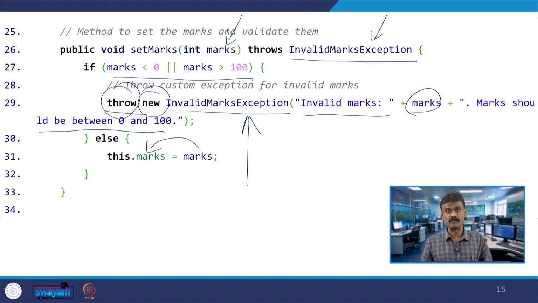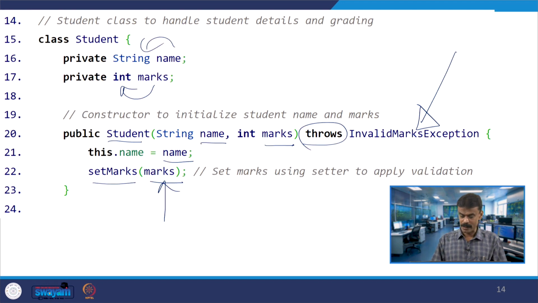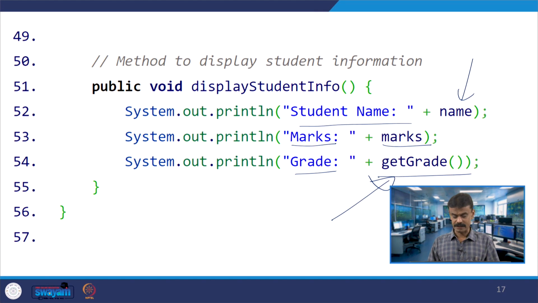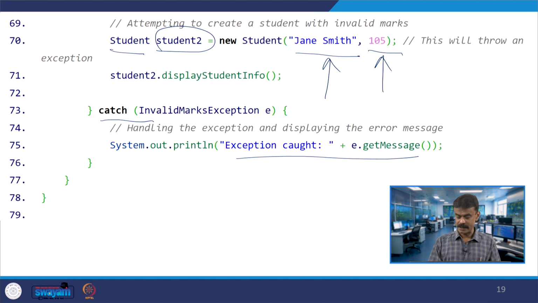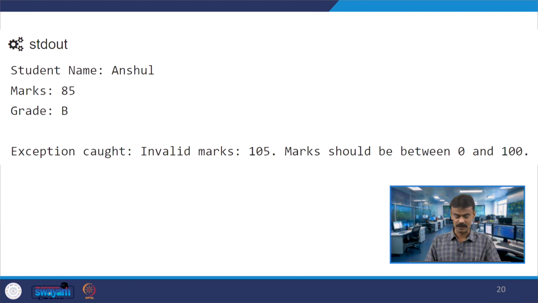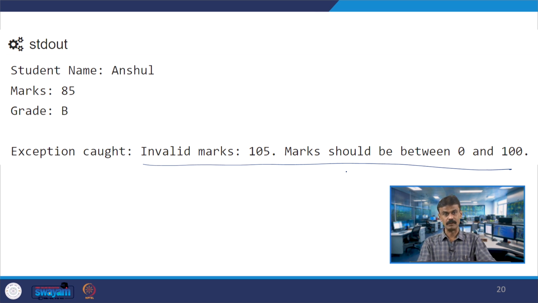In this case, 105, marks should be between 0 and 100 will be printed. This will be thrown and you have the superclass Exception. Whatever it is throwing, e.getMessage, we had seen this before, will print invalid marks 105, marks should be between 0 and 100.